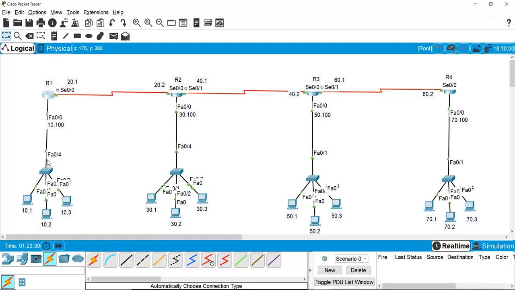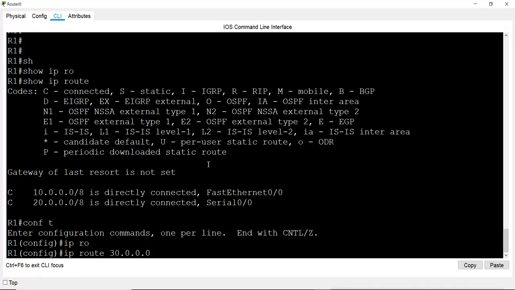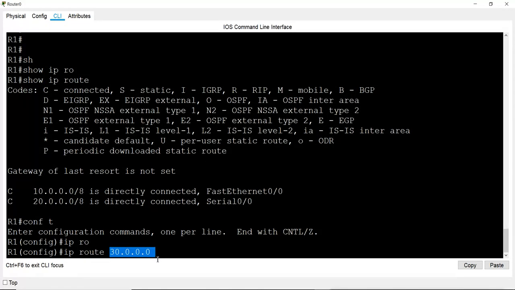Otherwise I could have used only one 10 network and subnetted it, and then assigned IPs to these different networks, so it can cause some confusion. So I'm not doing that. I'm using a completely different network for each. So we want to go to network 30, and because we are not using subnetting, the default subnet mask is this.